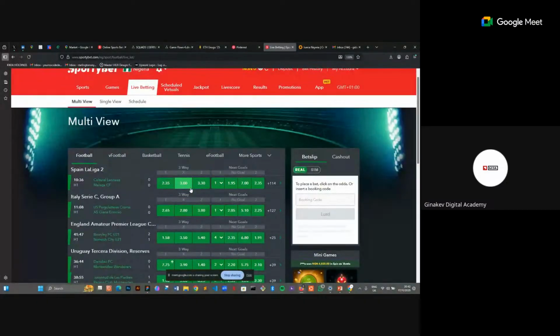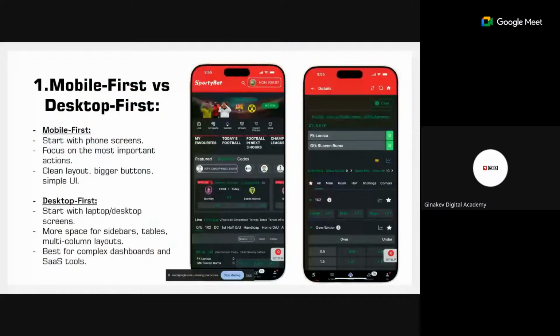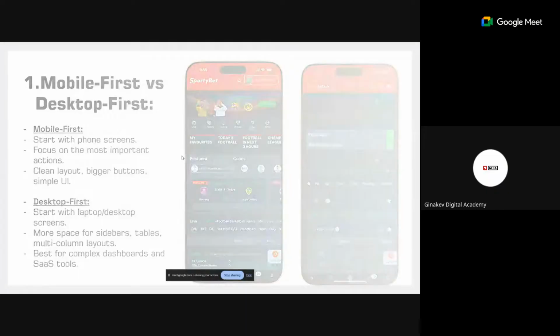Then as you reduce it to fit into mobile screen, there are ways you can channel this information, and it will still give you a good output. So yeah, that's for the first slide. So the second slide, we have